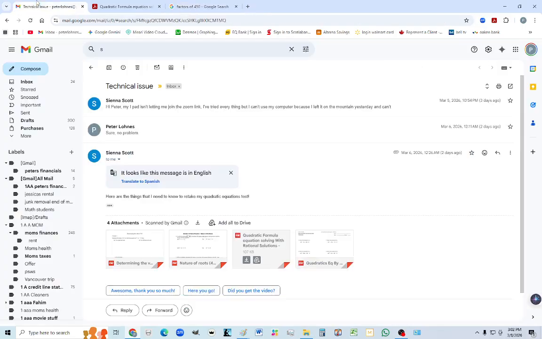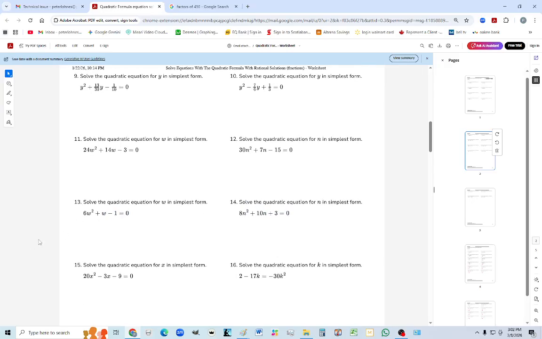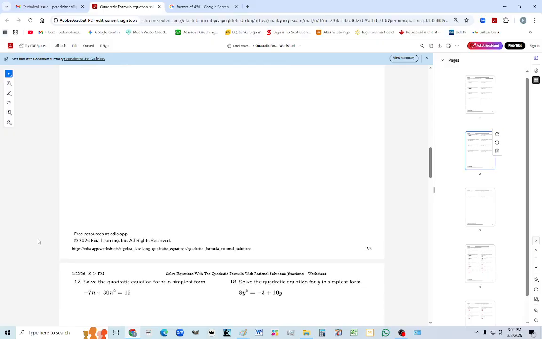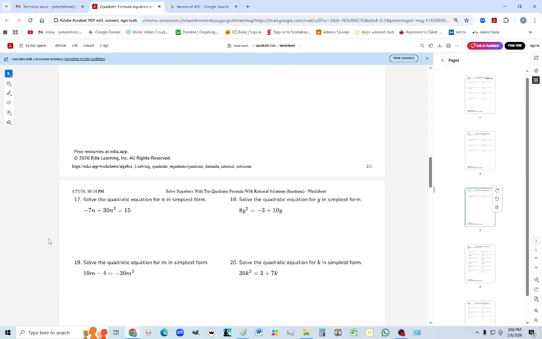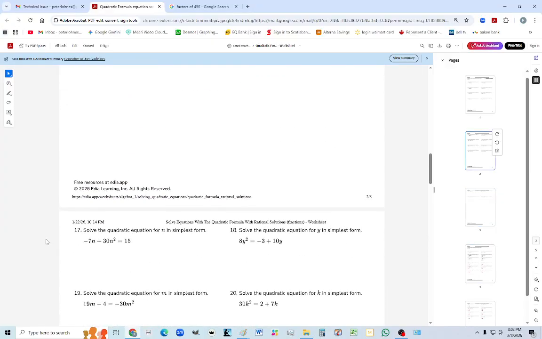They're just legwork. That was that one and that one. 15 and 16. Oh, good. 17. I was just happy for a second there. 18, 19, 20. So, yeah, it's the same. Really want you to work these generally